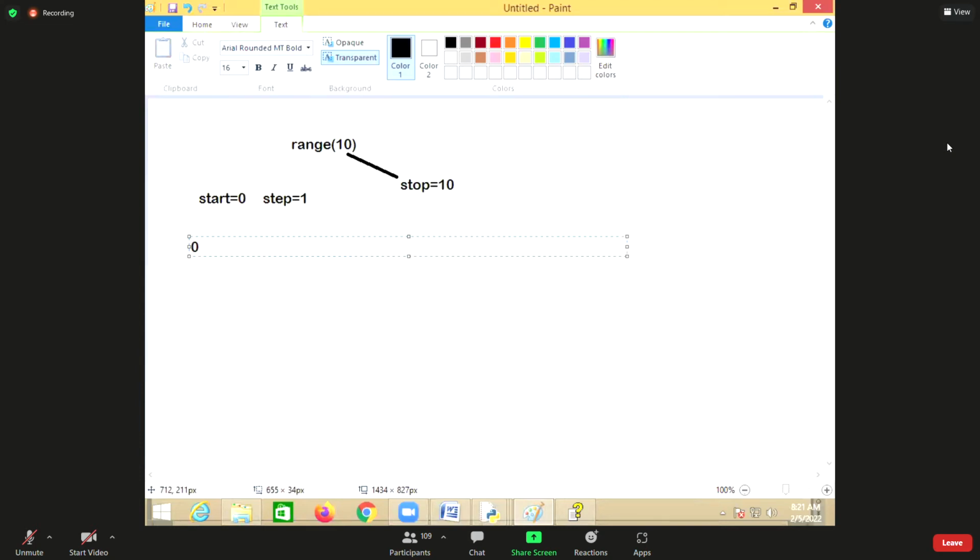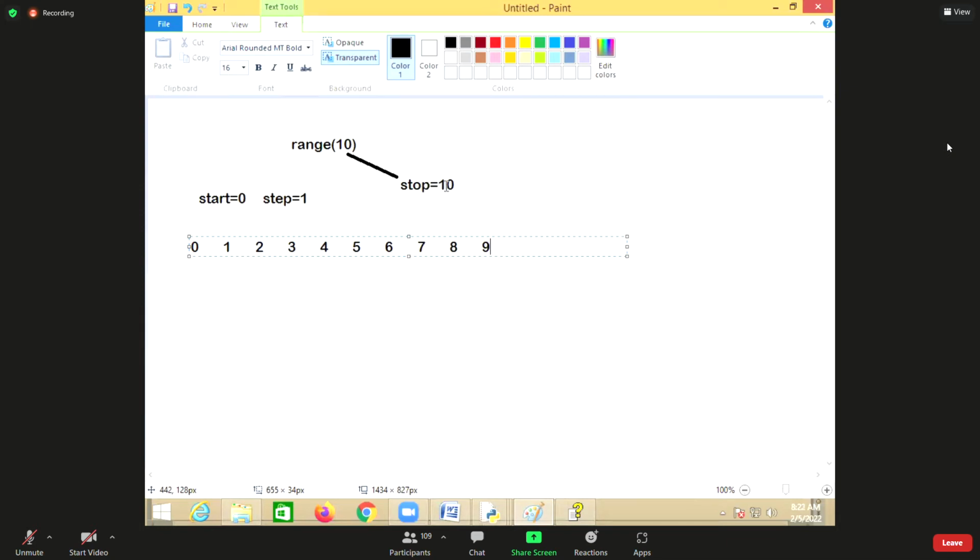0 plus 1 is 1. 1 plus 1 is 2. 2 plus 1 is 3. 3 plus 1 is 4. 4 plus 1 is 5. 5 plus 1 is 6. 6 plus 1 is 7. 7 plus 1 is 8. 8 plus 1 is 9. So always the start is less than stop, less than, not equal.